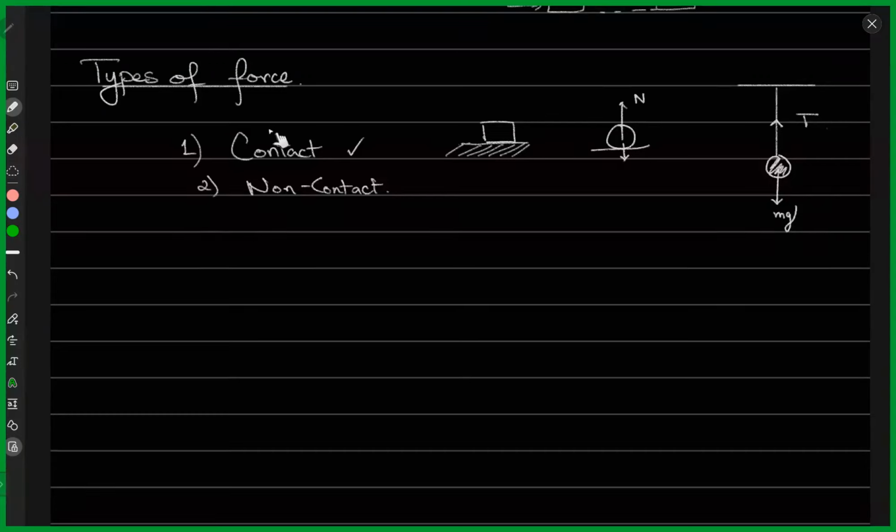So three types of contact forces are normal contact force, right? For example, I have a table and a book lying on the table, then there will be a normal contact force, N, on this book, right? It is really a push of some sort, which is exerted by this table, right?